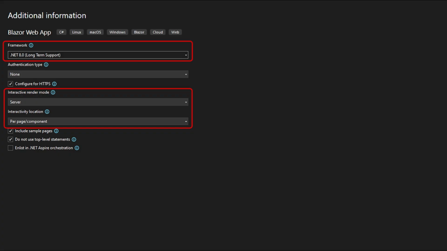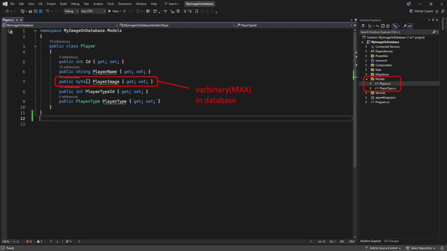We use a .NET 8 Blazor web app with interactive server rendering per page or component. First, we need to create a model to hold the image. Our model will hold data related to a game player with a property to store the player's image. The image is stored in a byte array, but on the SQL Server database, this will be a variable binary